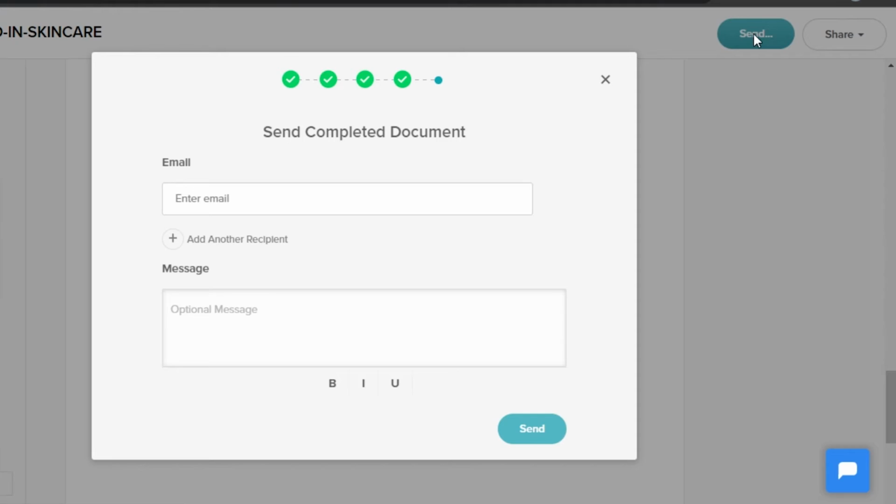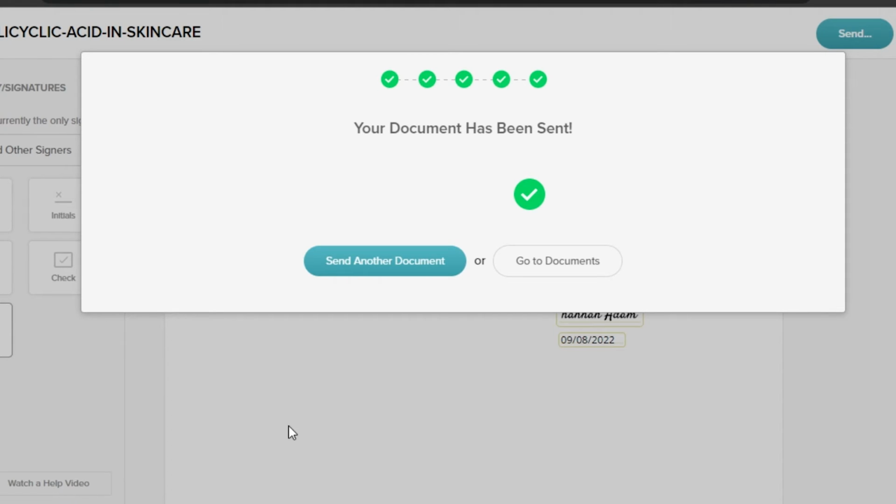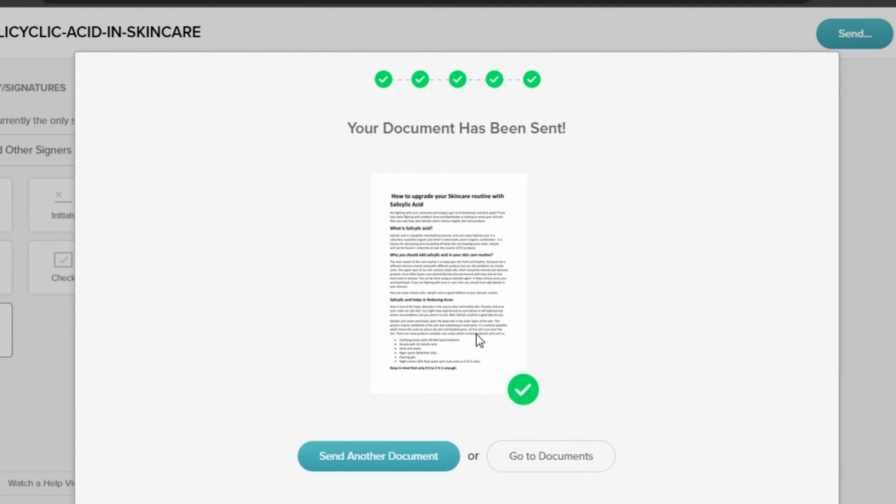Then we have a send option, and we can actually send this document to an email address from our Signwell. So it also works as an inbox where we can send this document to an email address. So I'm going to send it to one of the email addresses. All right, so this is one of my team members, and I want to send her the email. I can also write a message. Once it's added, I'm going to click on send, and now it's sending,